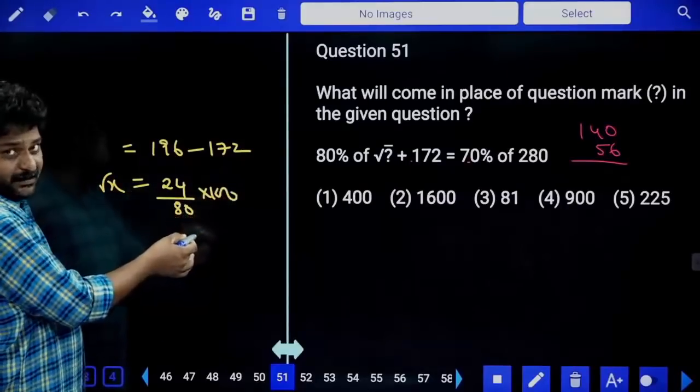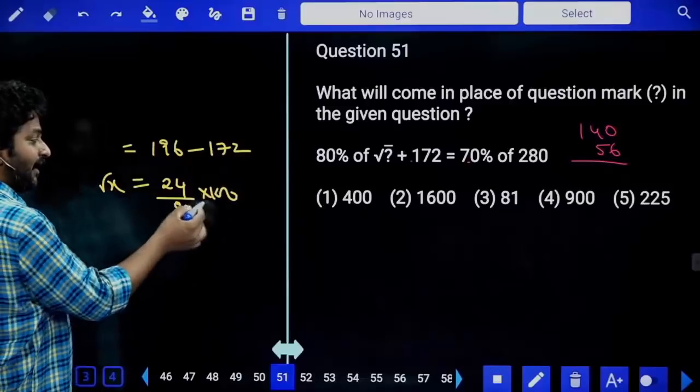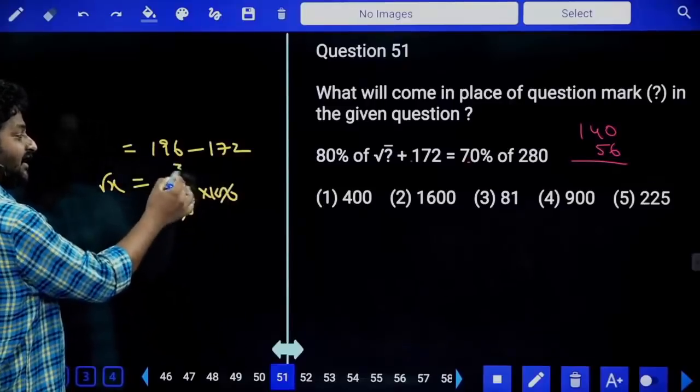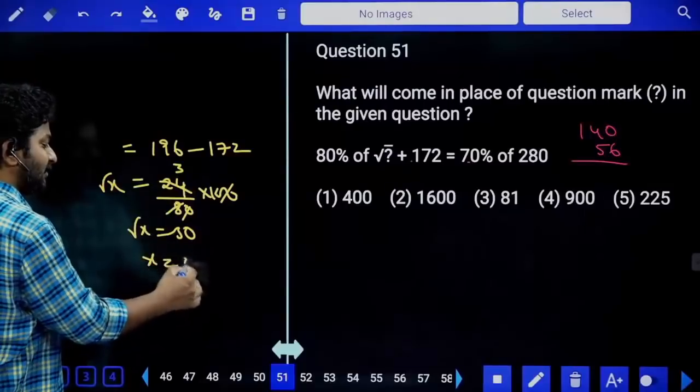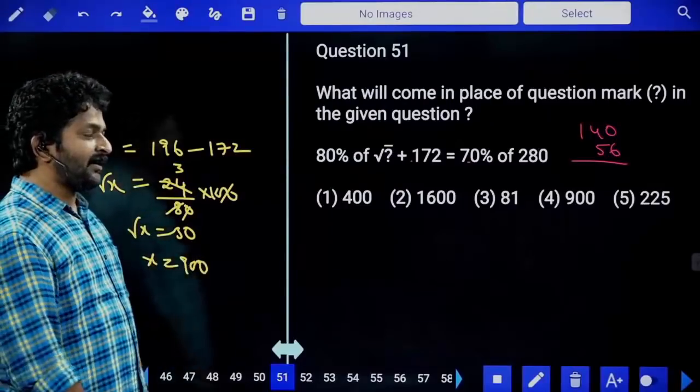1 percentage is by 80, 100% is into 100, right? 0, 0 gets cancelled, 8 3 times. If root x is equal to 30, x is equal to 30 square, which is equal to 900, fourth option,